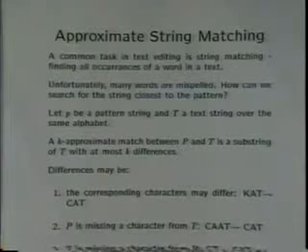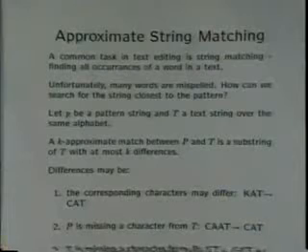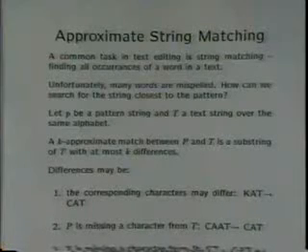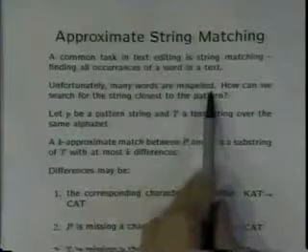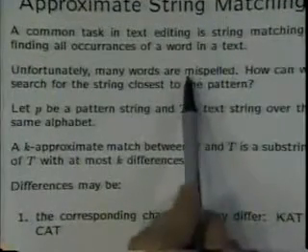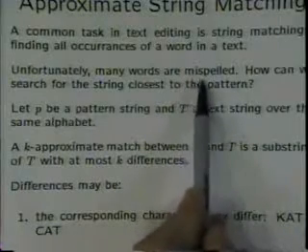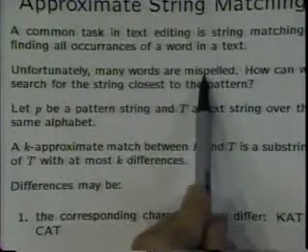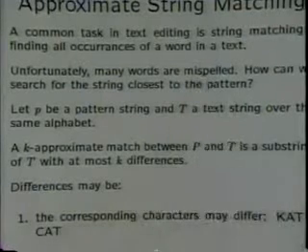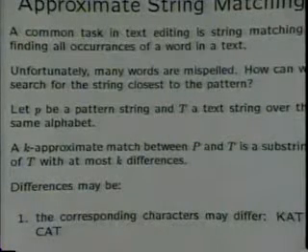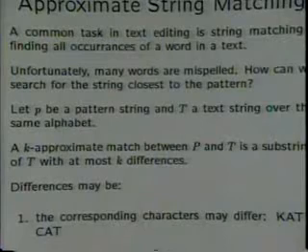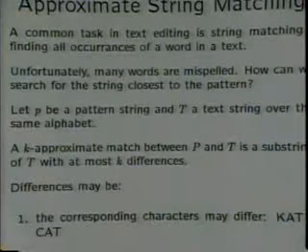A bad idea would be to pick a word from the dictionary at random. That obviously isn't good. You want to pick a word from the dictionary that's close to what you're looking for. You'd like to know that when you type the word misspelled, if you look at it, the difference between the way I spelled misspelled and the way real people spell it was just that I left out an S. So you'd like to figure out, for all the words in the dictionary, which word is closest to the one that you typed.